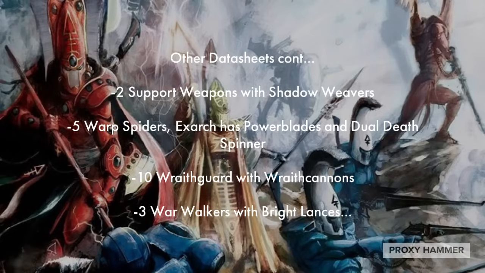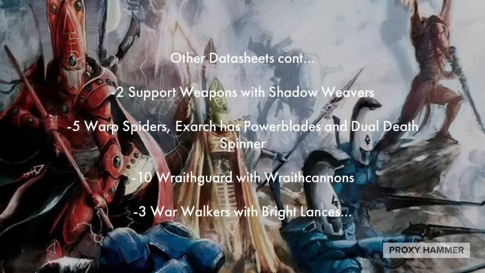Once again, putting a ton of pressure on your opponent to be able to deal with all these different threats and possible combinations that you're going to be throwing out at them. This list just drips with synergy. It also has 5 Warp Spiders. Now, the 5 Warp Spider inclusion, just because Warp Spiders are a pretty good piece to have on the battlefield,